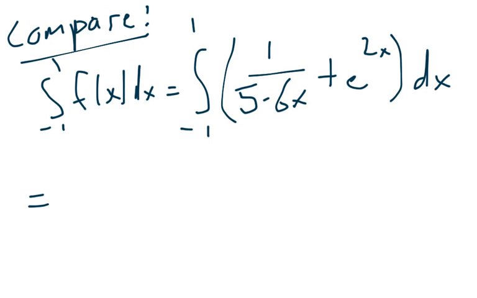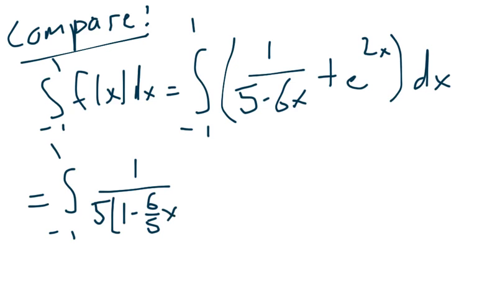And this is equal to, well, we could do it term by term, right? I'm going to write this as 1 over 5, 1 minus 6 over 5 to the x, dx, plus the integral from -1 to 1 of e to the 2x dx,